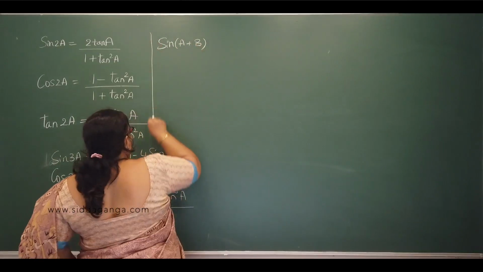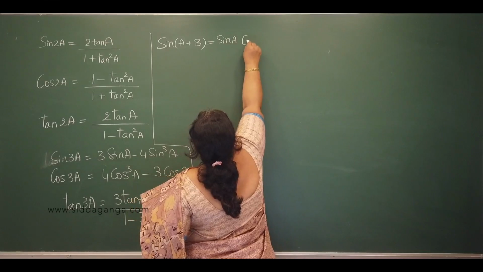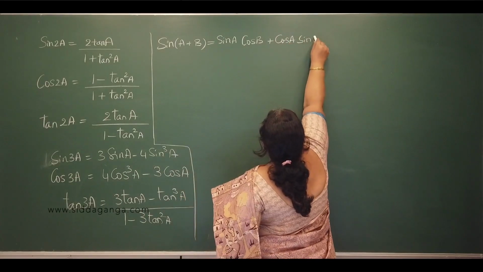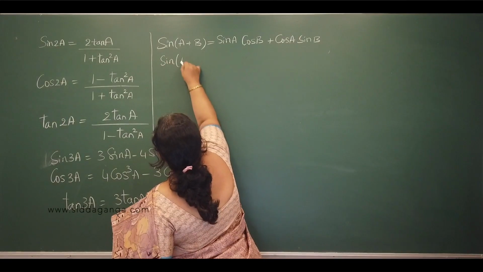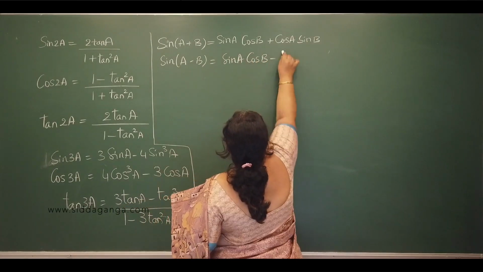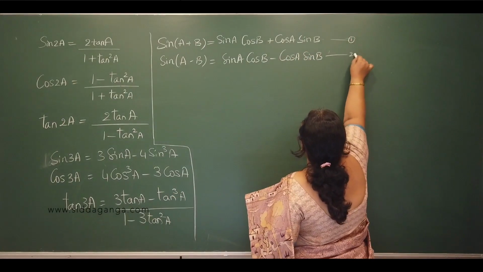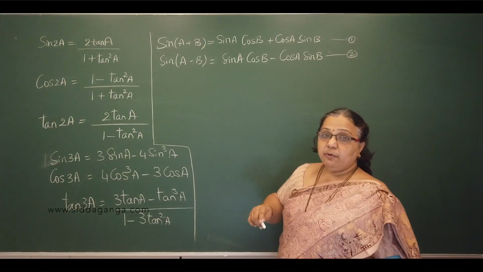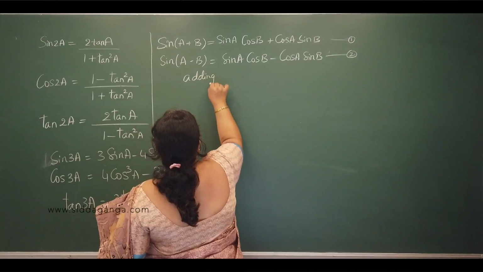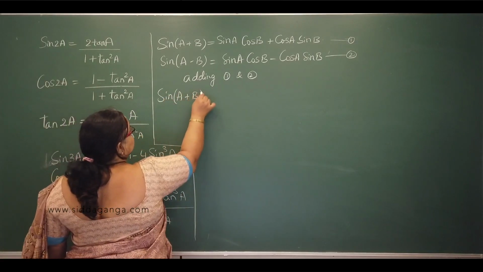We know that sine of A plus B is equal to sine A cos B plus cos A sine B. And also the sine of A minus B formula is equal to sine A cos B minus cos A sine B. Now when we add these two results, adding 1 and 2, we get sine of A plus B plus sine of A minus B